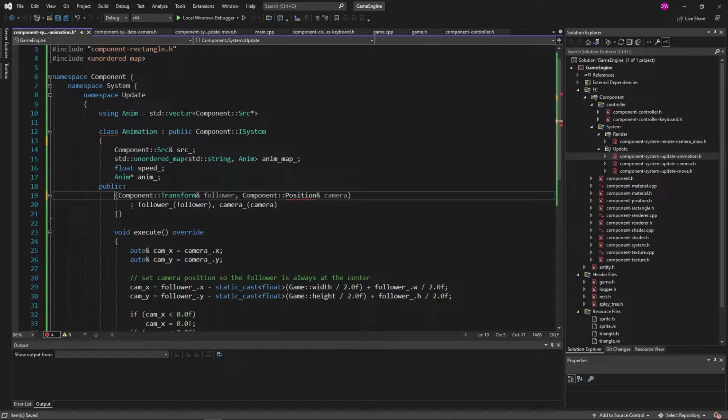Let's just go ahead and implement our constructor now. So animation, we're going to need source. And then we're also going to need to define speed. So let's just do that here. So float speed. And then let's define our variables here. So source will be lined up with source, speed with speed,